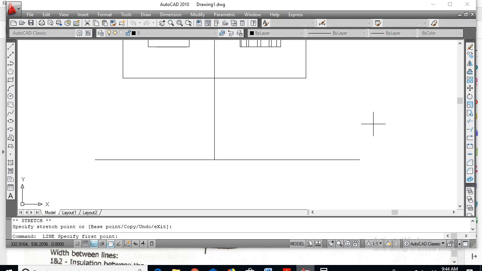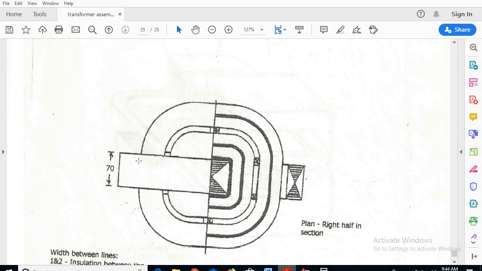Now with respect to this reference line, what is the depth of the transformer he has given? It is 70 mm, the depth he has given. So what we have drawn is one reference line from the middle.